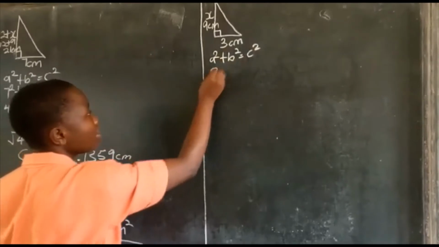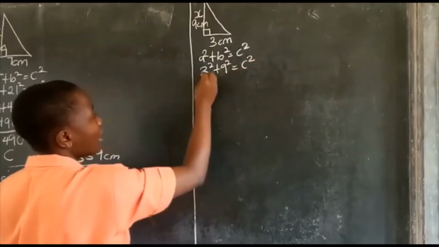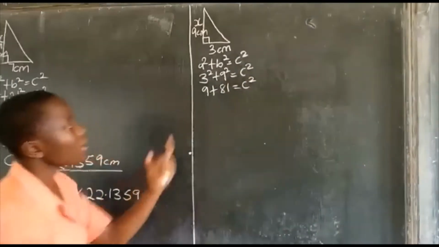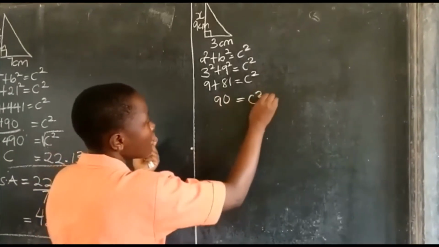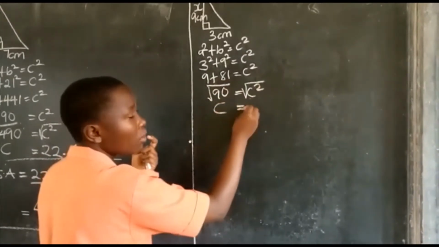Our a is 3 squared plus 9 squared is equal to c squared, and this is 9 plus 81 is equal to c squared. The sum of these two is 90 is equal to c squared. We shall still place square roots on both of them. So our c will be